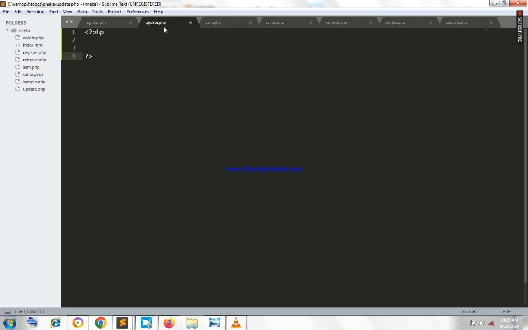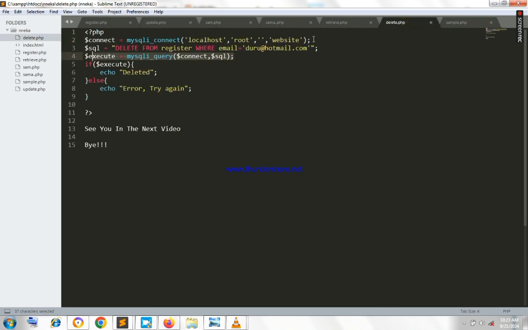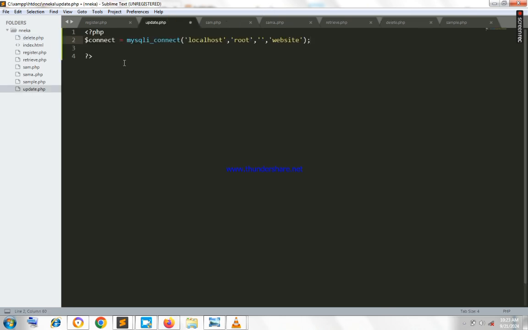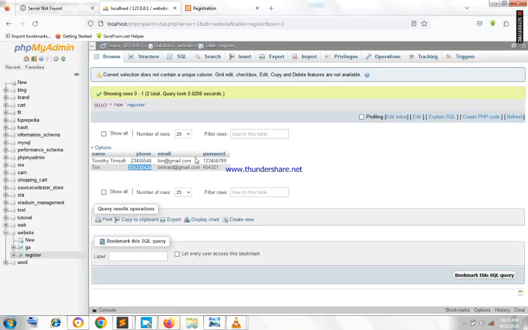Now we will need a connection. Remember, we always work with a connection anytime that you want to work with a database. The first thing you have to do is connect to the database. So we copy this line, go back to update and paste it where we want to use it, because we have tested this connection and we have seen that it's working. Now we want to update the phone number of this very last person we registered here, and that person's email is